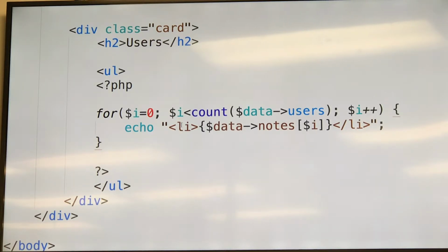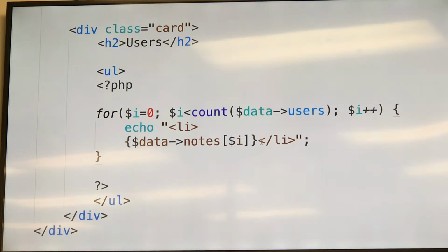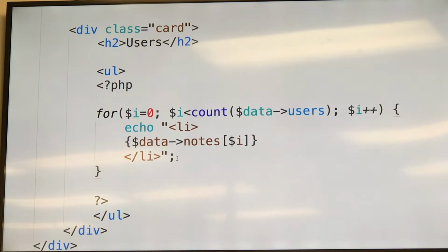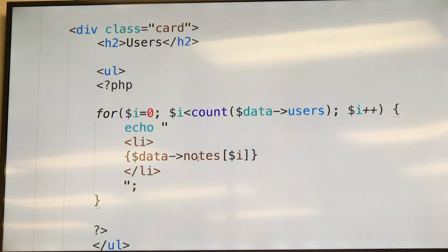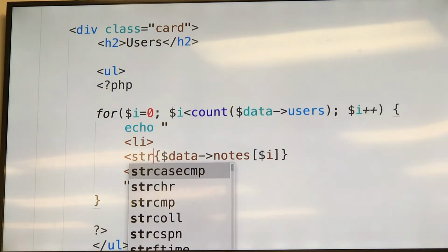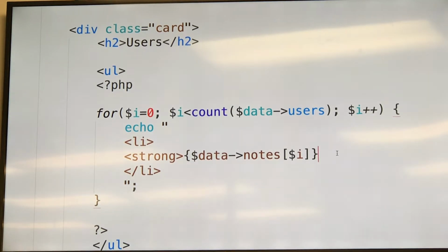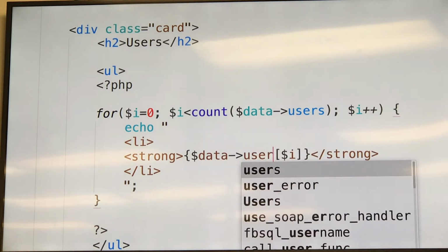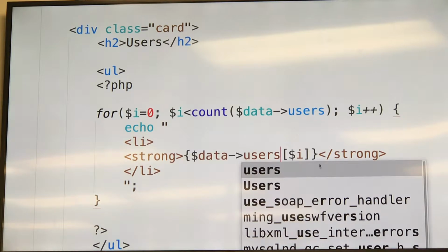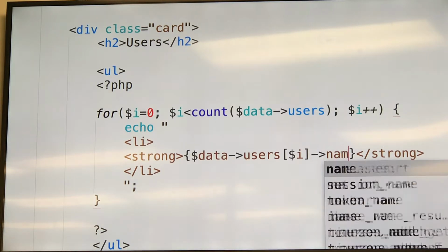But at this point, I'm still going to make an li, but then I'm going to show some more information. So I'm going to break this down into multiple lines. Luckily, double-quoted PHP strings can be broken down into multiple lines. They don't have to be a single line. And here, what we can do is say that there is a strong element, and that is going to show users i, name,